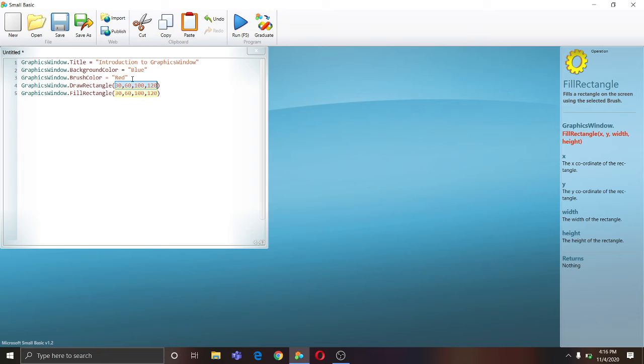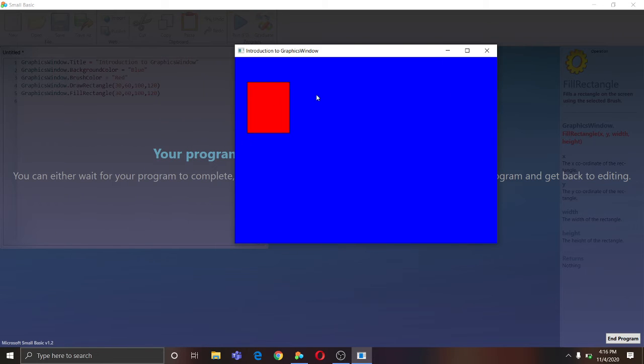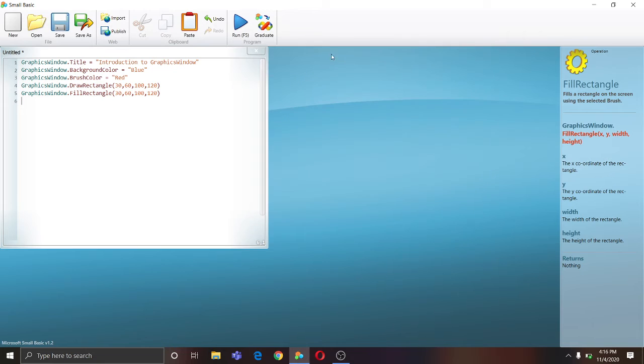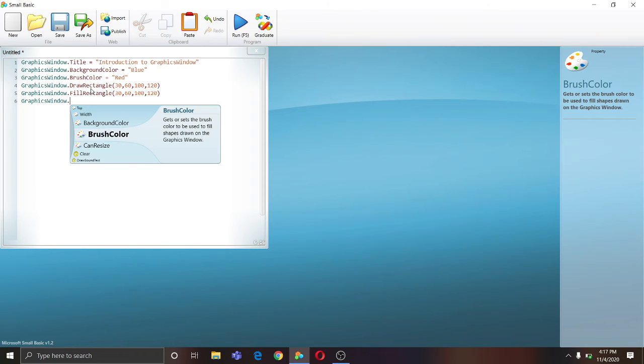You can copy them, Ctrl plus C, and then paste them in the fill rectangle. Keep the values the same. As you can see, now we have drawn a rectangle with this size, right?